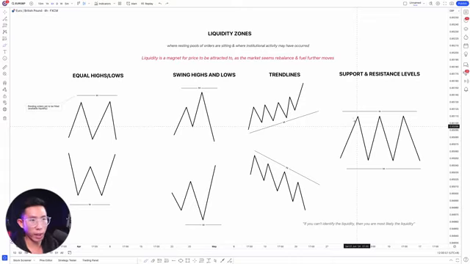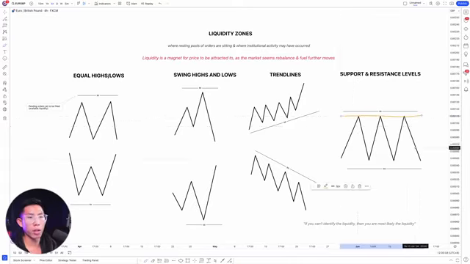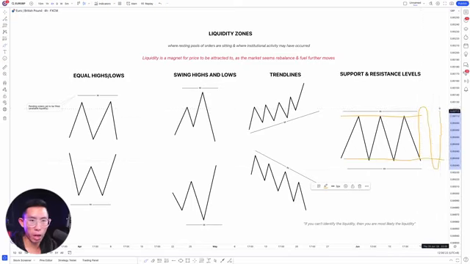So what they're gonna do is, they know that you can have a resistance right here. They'll push the price up, break past the resistance, triggering your stop loss for the sellers, and also making the buyers think that price is gonna break out right now. And then they're gonna push the price back down, break past the support, and then push the price back up and down, and they're just gonna play mind games with you, right? And in reality, what they are really trying to do is trigger your stop losses, cause you to get out of your trade, so you add more liquidity into the market and fuel their move.